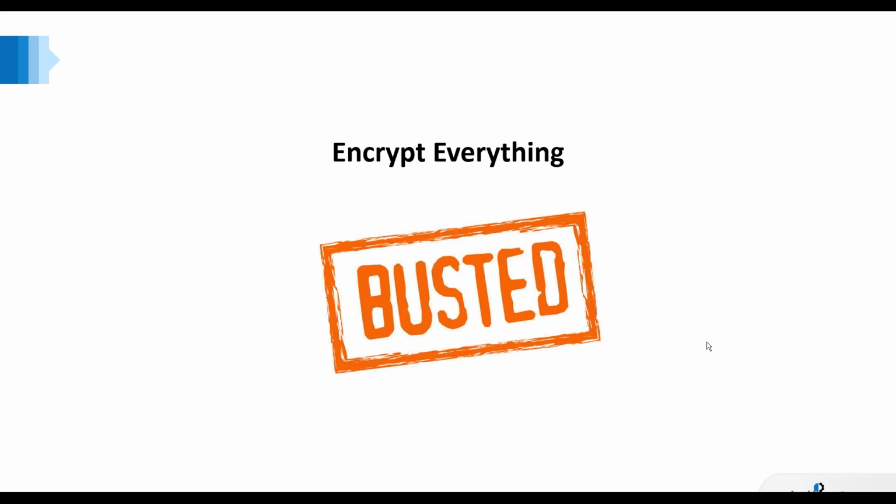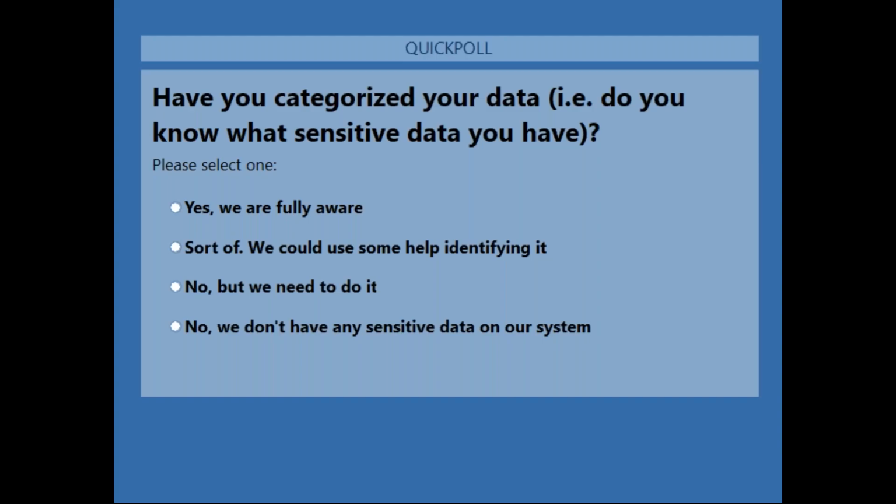Now, I actually have a quick poll here because we're talking about the type of data that might be on your system. I'm going to shoot this poll out here. And let's see, I want to find out if you have actually, as a company, categorized your data. When we talk about what type of data is on your system, have you actually made any progress for that? Have you gone through? Are you fully aware of all of your data? Do you have a general sense that, because you know what your applications are, there's probably some information in there?